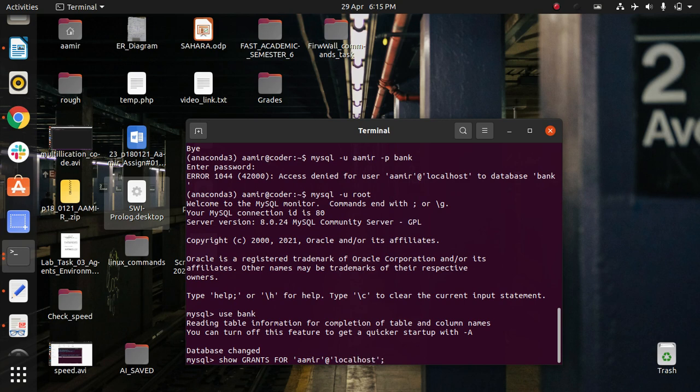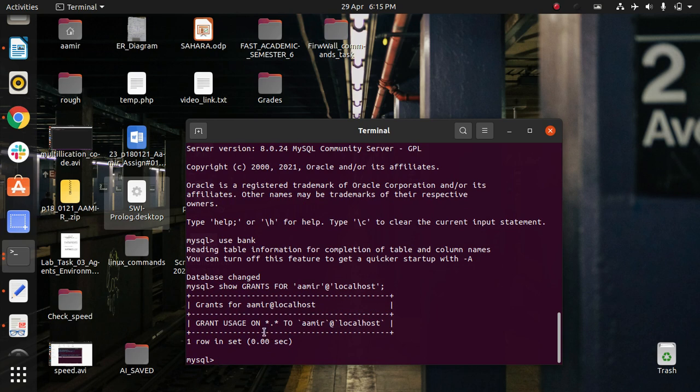This will show the privileges for Amer, and here you can see GRANT USAGE on Amer, which means that no privileges are given to this localhost Amer.